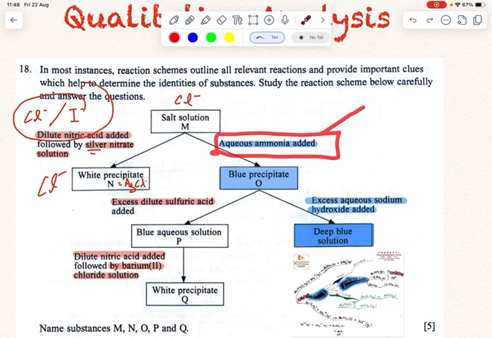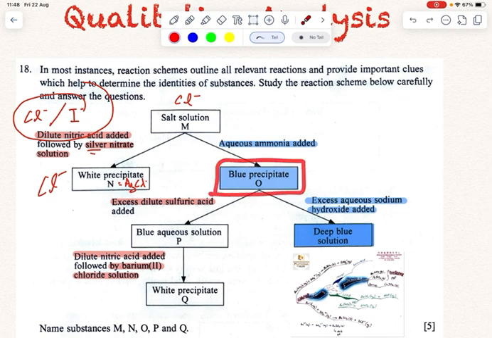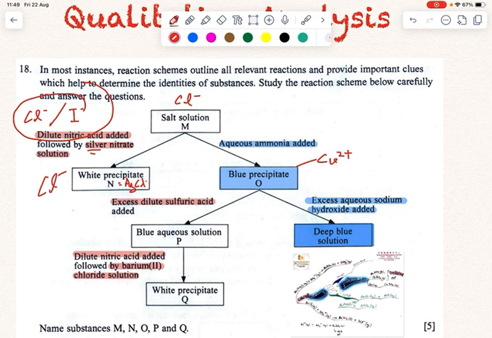Aqueous ammonia is added. This is to test for your cations. And a blue PPT is observed. Your blue PPT can only be Cu2 plus, so Cu2 plus is present. Nothing else. And your blue PPT must be your copper